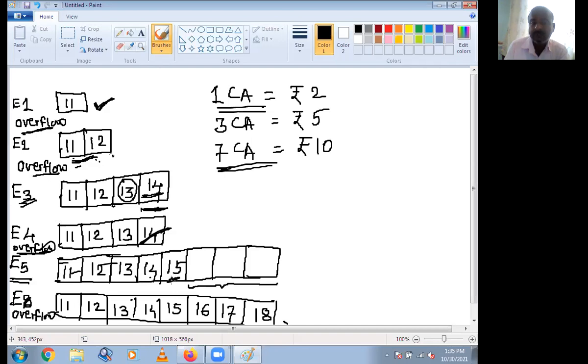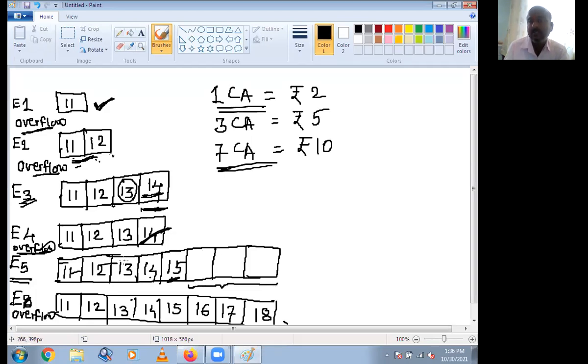Whenever you have inserted the fifth element, there are 3 spaces available for inserting 3 new numbers. You can directly insert the 6th, 7th and 8th element. After entering the 8th element, the condition becomes overflow. You cannot insert the 9th element. For inserting the 9th element, you should make available space double than previous, that is 16 spaces, and copy the contents as it is.